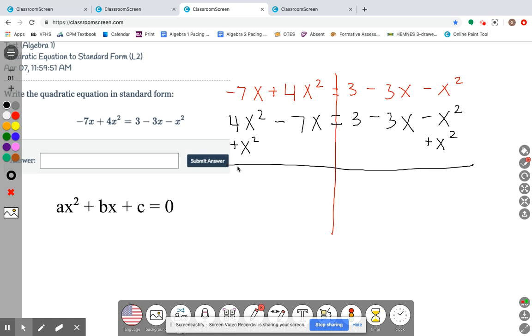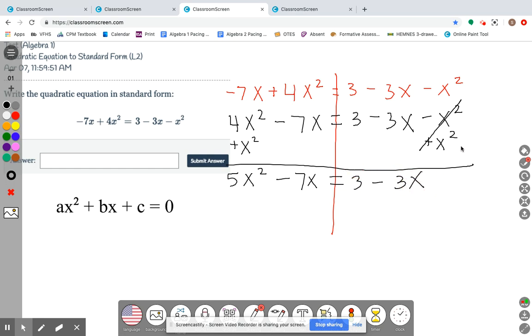Now I have 4x squared plus 1x squared gives me 5x squared. Bring down your minus 7x. On the right-hand side, these two canceled out to give me a 0 pair. There's nothing there. So we're going to bring down only 3